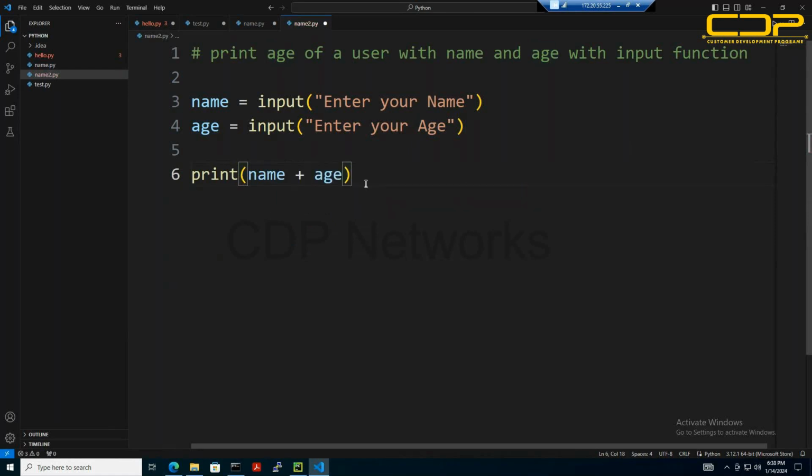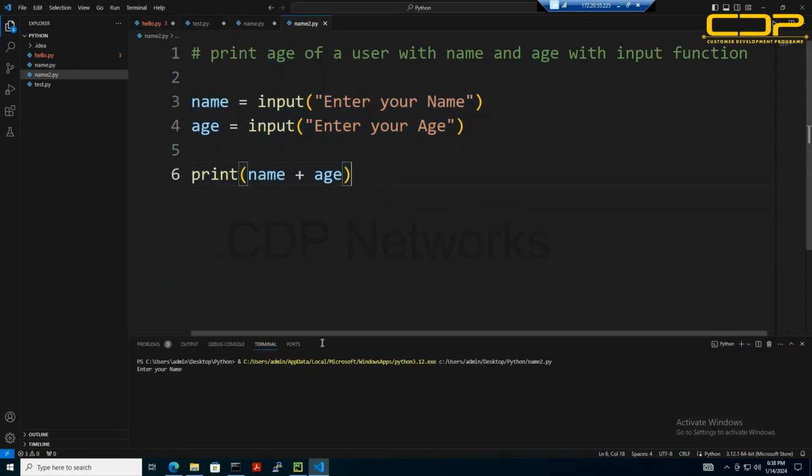Let's check how it will print. Okay, once it's asking for the name, I will write name Afzal. Then it's asking for the age, so age is 28. Now this is Afzal 28, but it's not looking good. So there is a flaw with the code. So what we will do, we will correct it. We will use a colon and then a space. Again here also we will use a colon and space, and instead of plus,